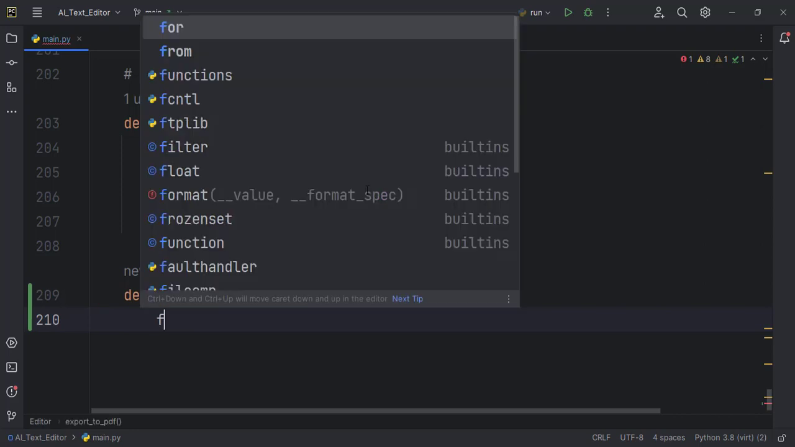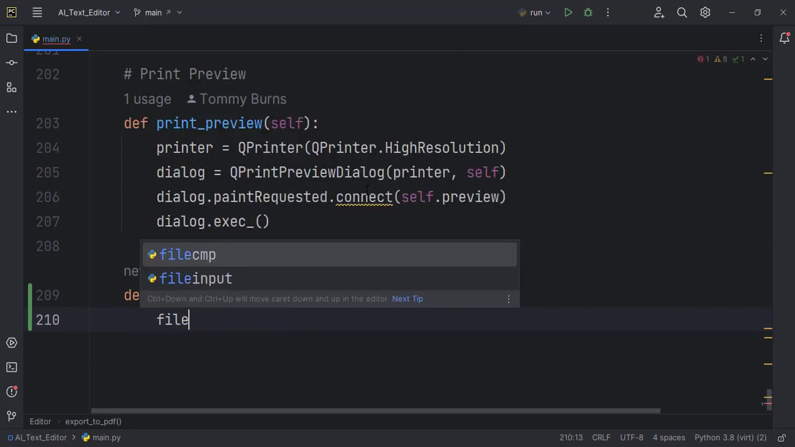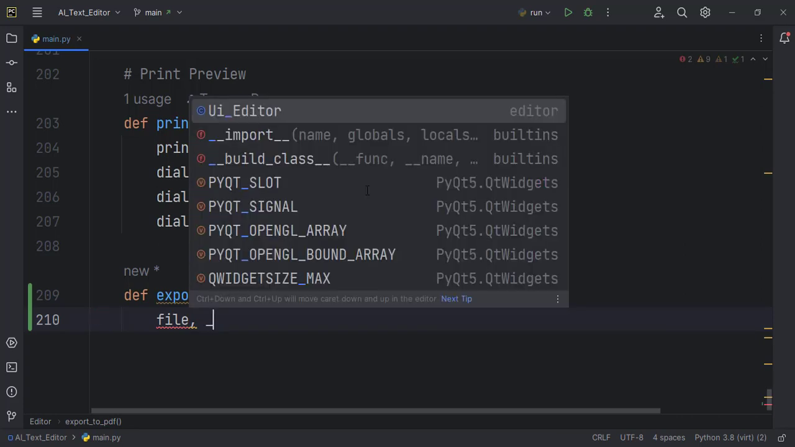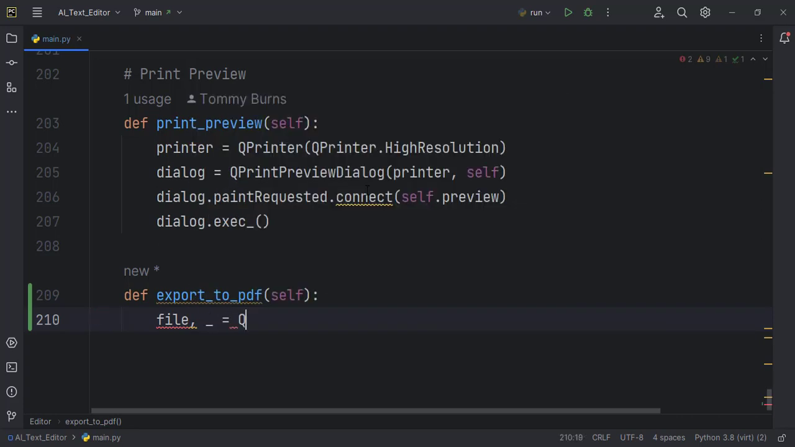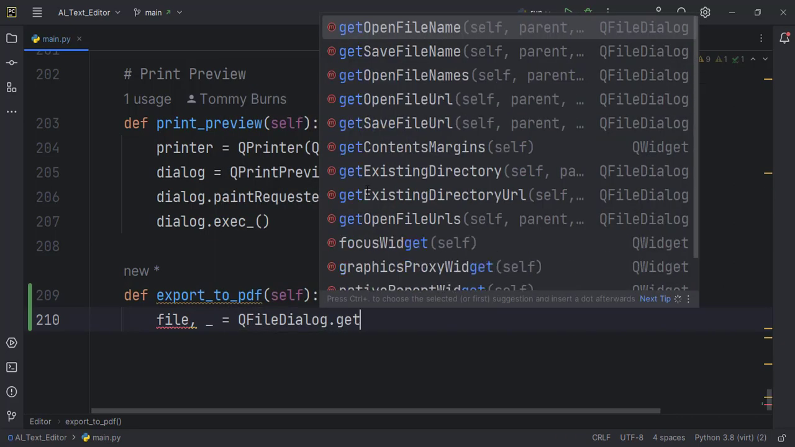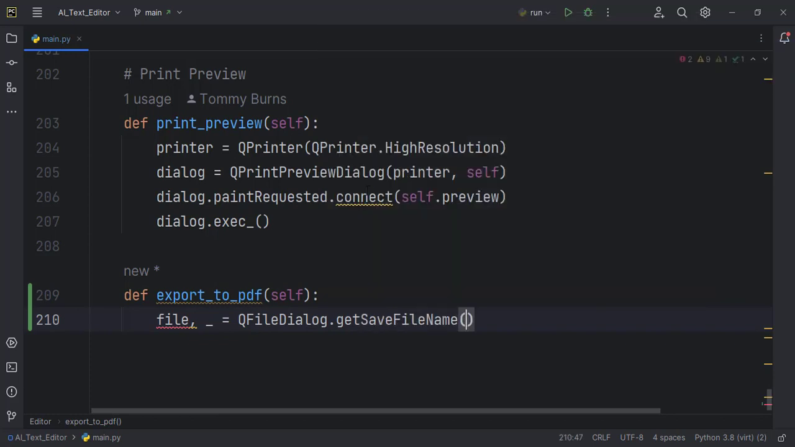Here we first get the particular file we want to export, or the name of the file. Let me put it that way. It should be equal to QFileDialog dot getSaveFileName. And in here you pass a couple of things. The first one is self. The second one is the title of the window, which we can say export